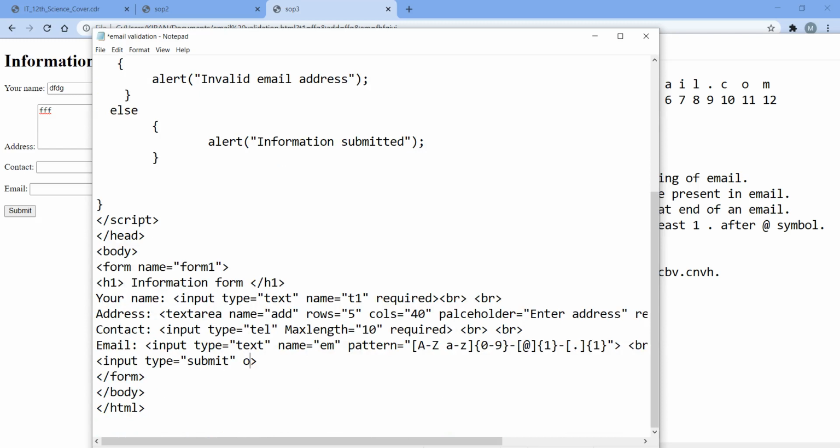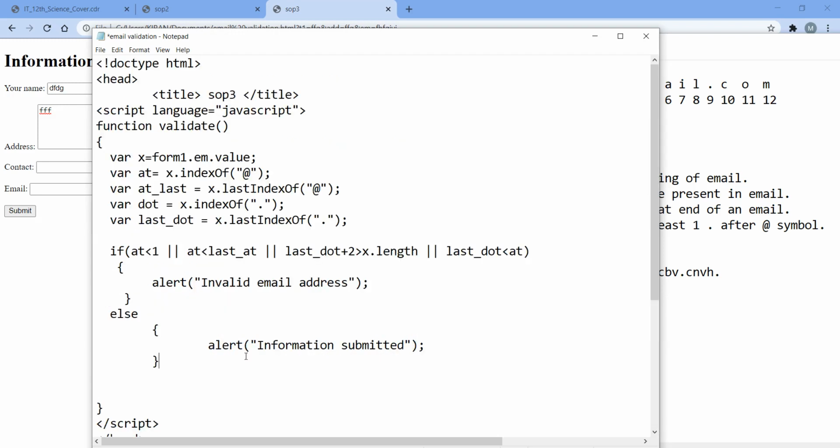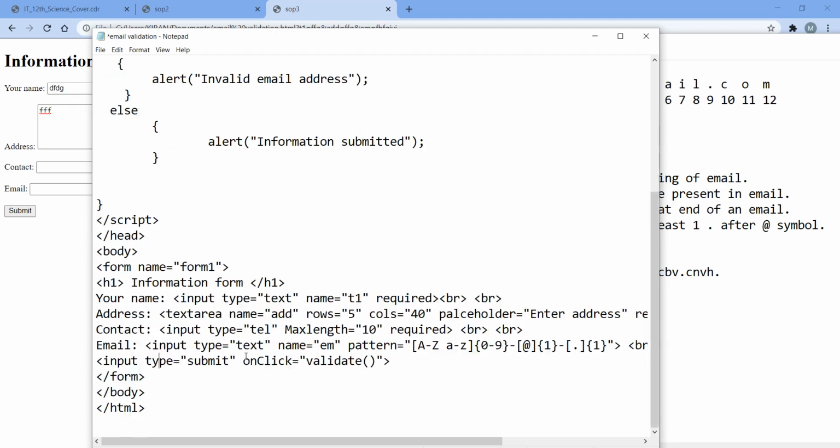So I will use here the on click function. On click is equal to function name. What is the function name? Validate. Okay, v is small. Okay, now let's see whether we are getting the output or not.